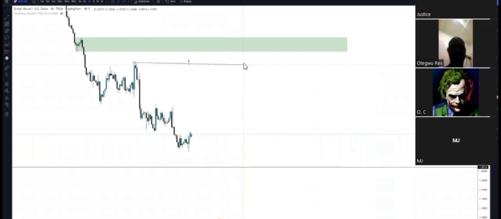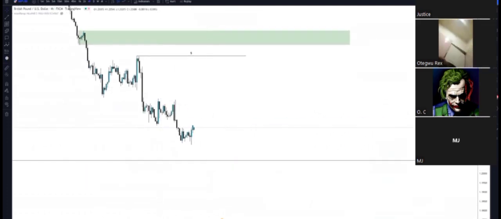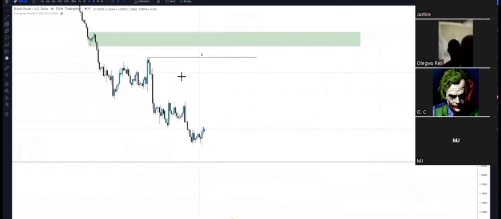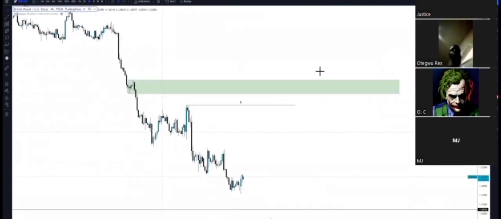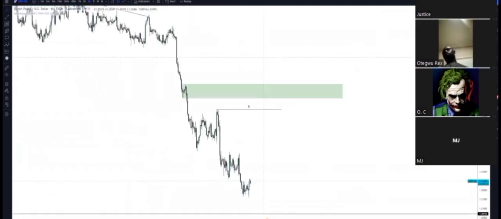Okay, so now we understand that this is the forward range, right? But then there's no break of structure yet on the forward time frame. You could see clearly the price hasn't broken structure yet, but this is the obvious POI, okay, from this. And this,